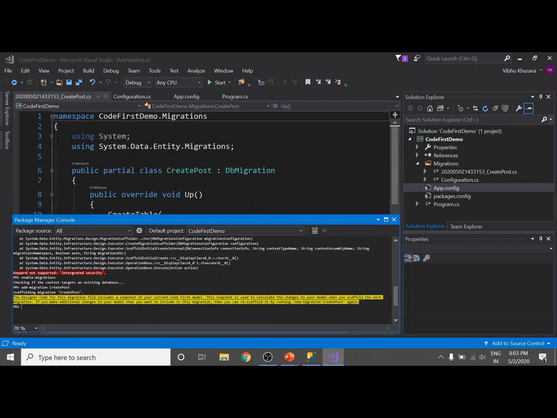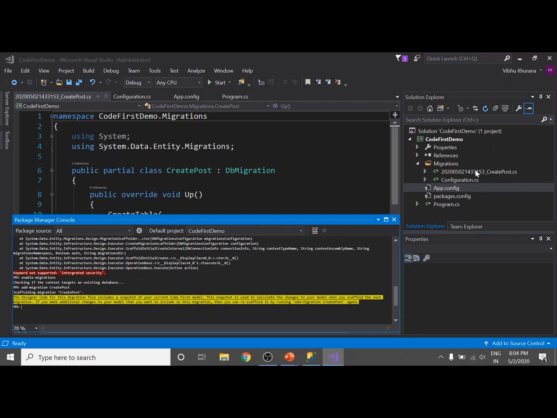Let's see what happened. So I should go back to the Solution Explorer, and here you see we have got two files under the Migrations folder. The first one is my migration file. Note that it has a date timestamp and a description, and this is very similar to the migration script that we created manually in my last video. Remember, I had to create a change script there. This is exactly the same process but in a more automated fashion.